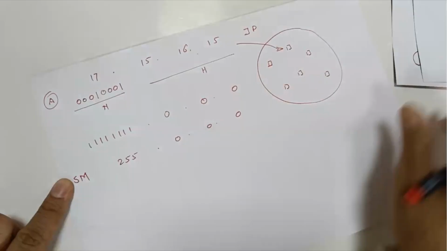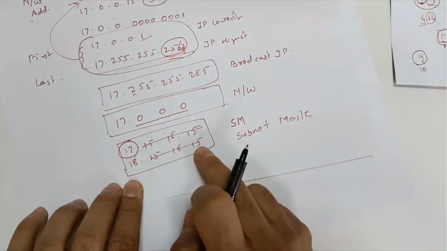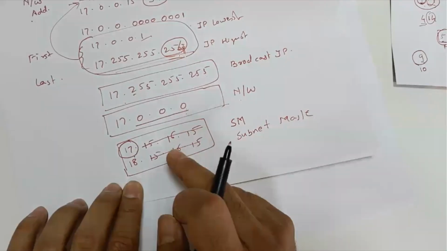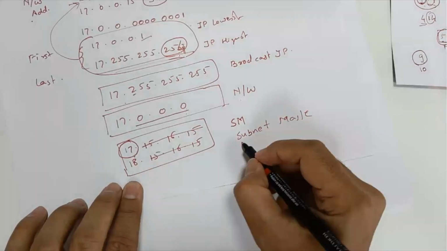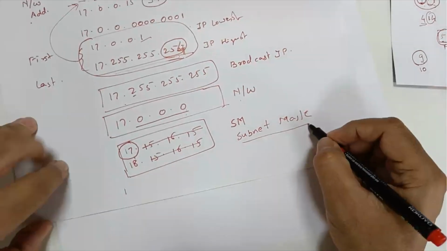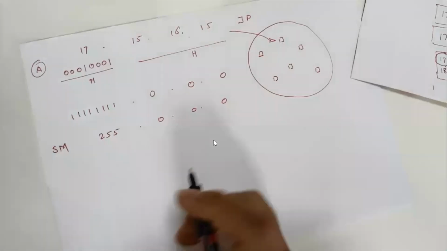Okay, so be it 18.15.16.15 or 17.15.16, if I want to find out which network it is from, I'll need a subnet mask. With this subnet mask, I can find out what is the network ID that belongs to this IP address. Okay, so for class A,